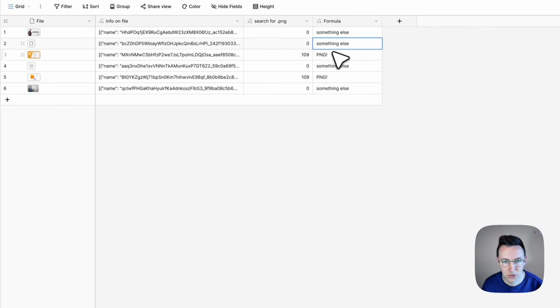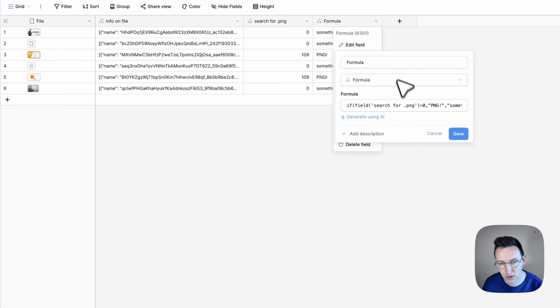Now, before we continue, what I would like to do is nest the formulas into one. So right now we've got 1, 2, 3 formula fields for this thing. I want to have this in just one formula field. So now we're going to nest everything inside one again. So what we're going to do is